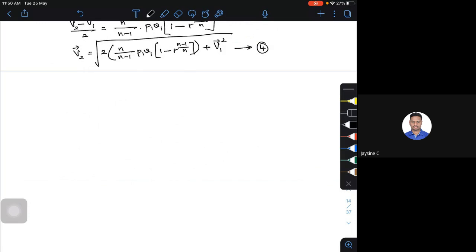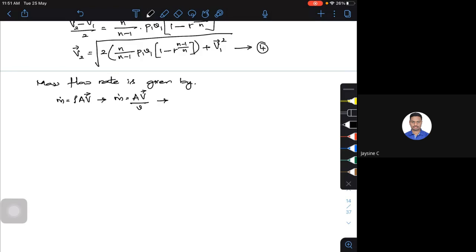So mass flow rate is given by, what is it actually? It is m dot equal to rho a v, this is the general expression. Or I can write rho in terms of specific volume, so m dot is equal to a into v by small v, with respect to the exit velocity.